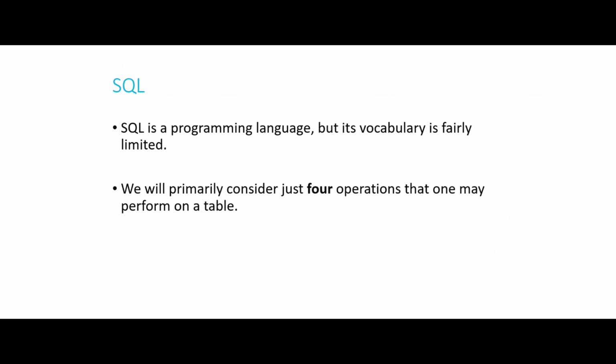Now, SQL is a programming language like other programming languages that we've discussed, but it has a very limited vocabulary. There are more things that you can do with SQL than we're going to talk about in this video, because we're just going to talk about the 4 main operations that you'll most likely perform on a table: insert, select, update, and delete. We'll get into a bit more detail on these in just a second, but these are definitely the most common 4 things you'll be doing with the tables that you're building, certainly in CS50, but also probably more generally whenever you're working with databases.